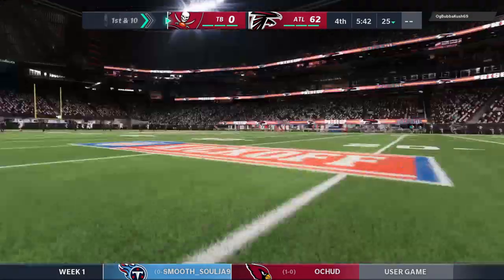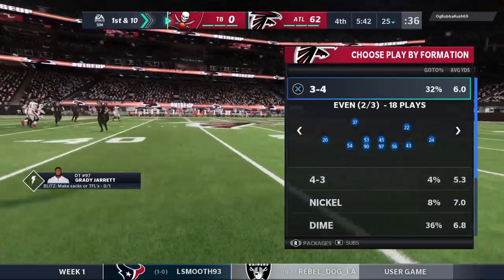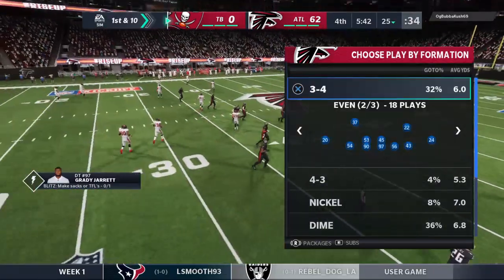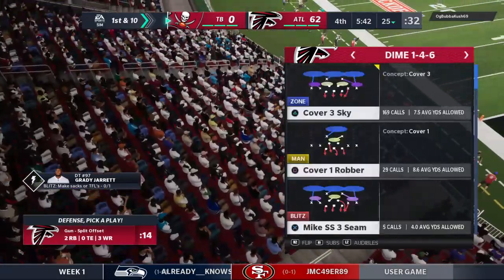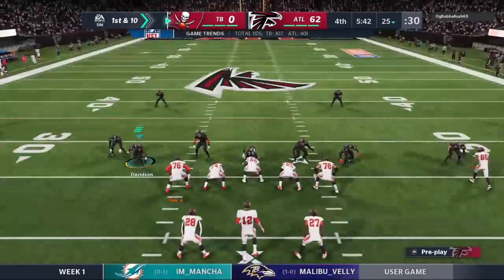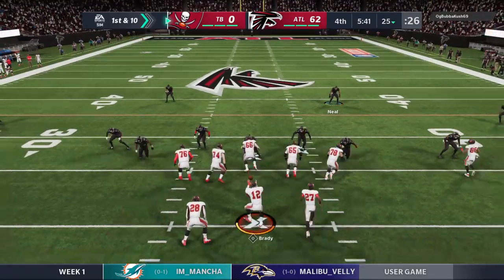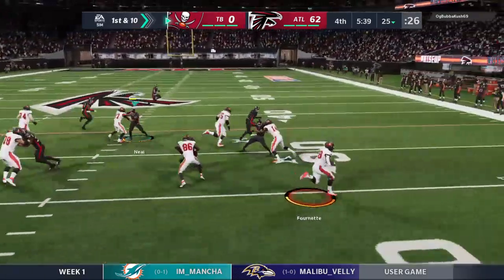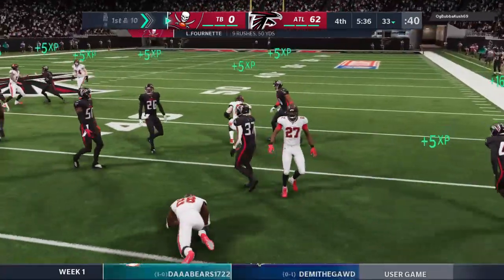Fair catch made at the 25-yard line. The Bucs take over 1st and 10 at their own 25-yard line. The Bucs offense set to begin their next possession. And they knew coming in that this would be a tough place to go in and win a season opener. But this has just been a performance, to be frank, not to be proud of here as they trail big